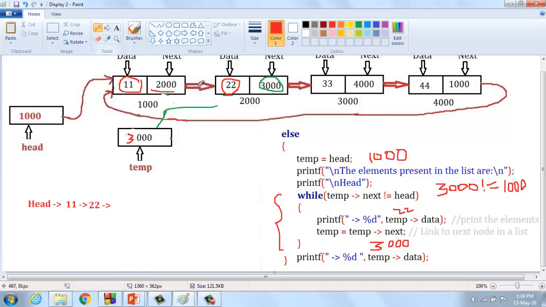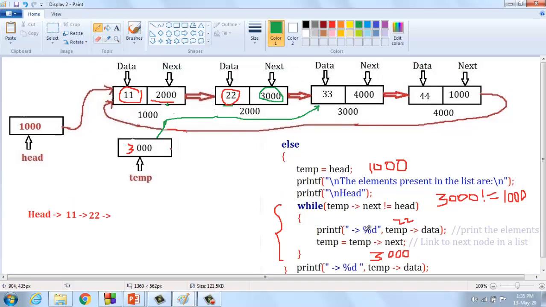I understand, the pointer is moved to the third node in the list. Then again they're going to check the while loop condition.